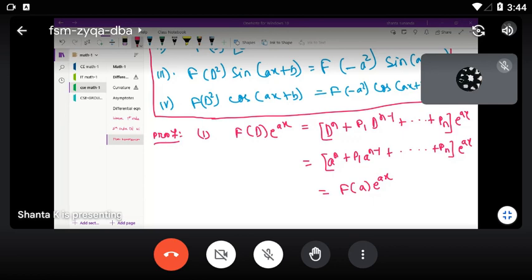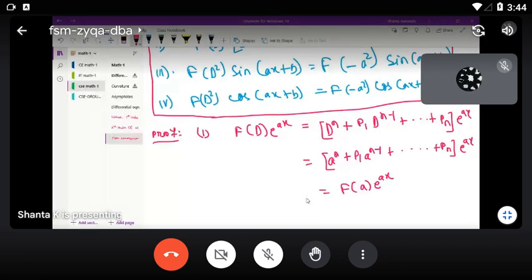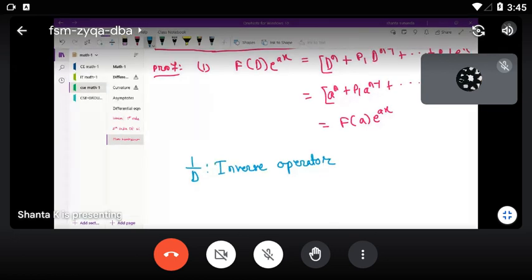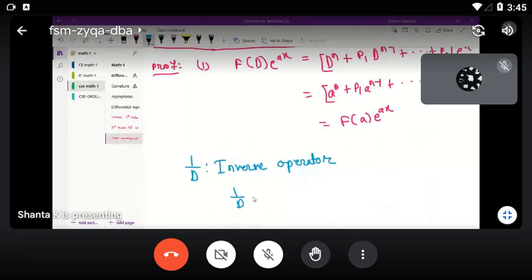Okay. So here, the inverse operator, 1 by D, is the inverse operator. I didn't do the proof of others. So here, if you have 1 by D, this one is known as the inverse operator. Many times we are going to deal with it. So if you say 1 by D f of x, this is actually the inverse operator